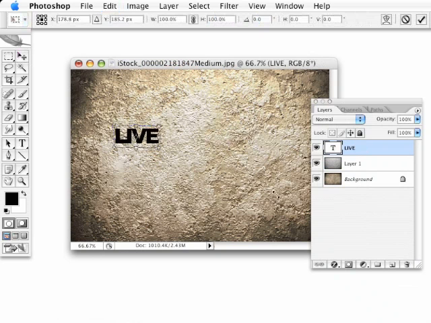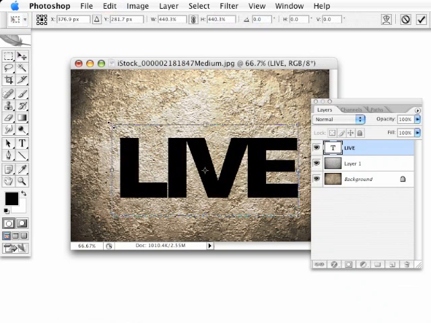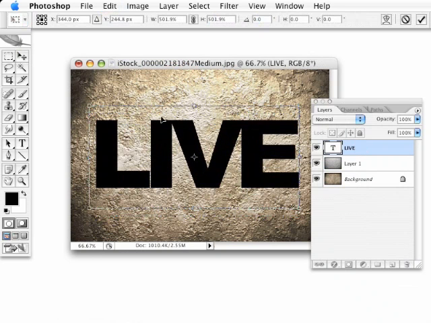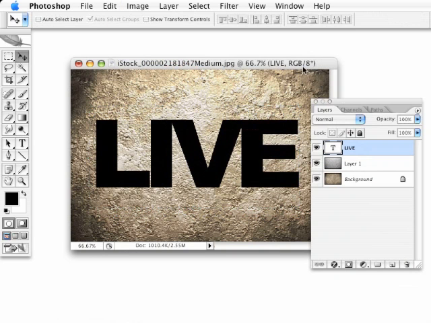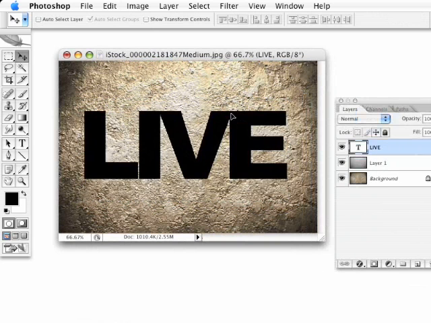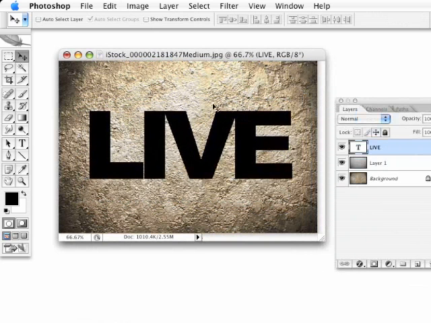And we'll scale that text up quite a bit. I'm simply bringing up my free transform and holding the Shift key and scaling that out proportionally. And then press Enter. Now that I've got my texture the way I like it, and I've got my text set to the right size,